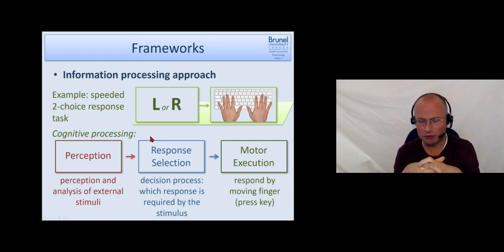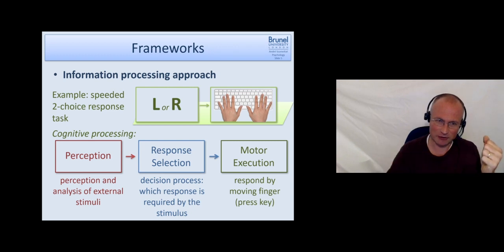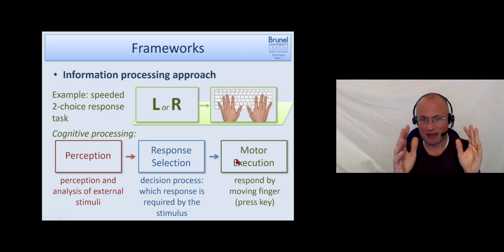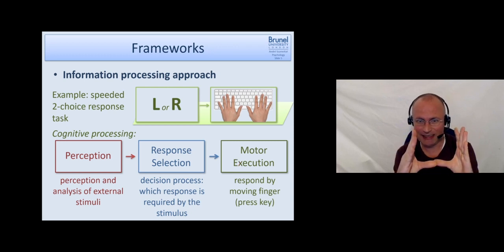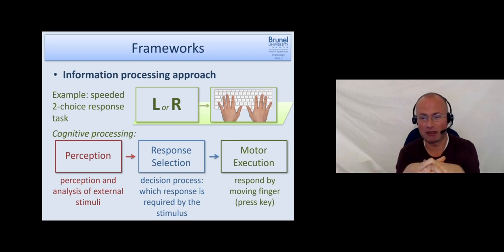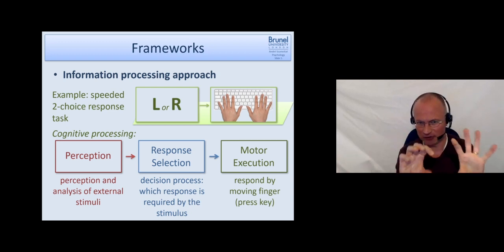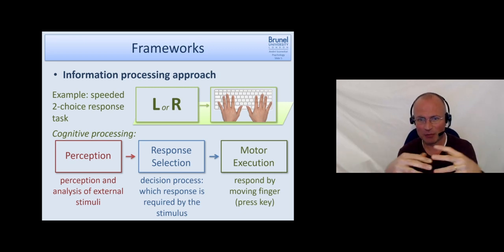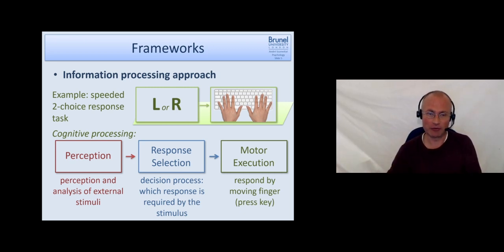And there's a lot of good research showing that these are actually the key processes. If you look into more detail, you can identify even more processes, and you can make further subdivisions. So for instance, motor execution can be separated into motor planning and actually initiation of the motor act, just as an example. And there is good argument that it's around 7 or 8 stages which have to run through one after the other. But I think the basic idea is clear of how such an easy task can be described